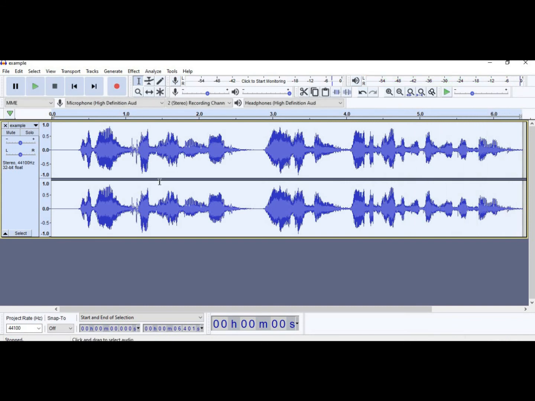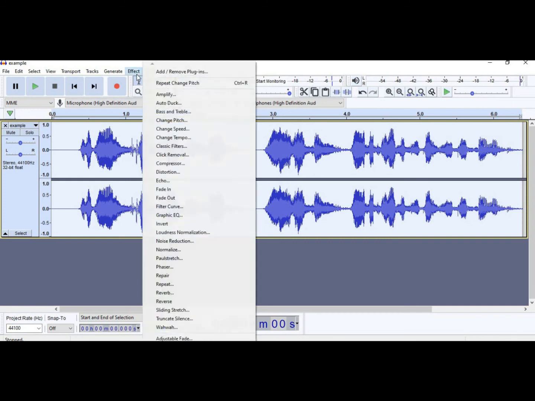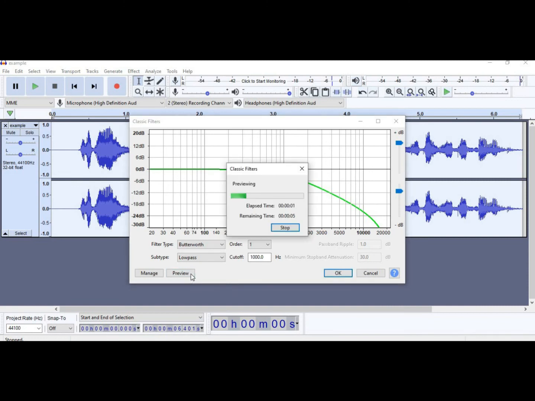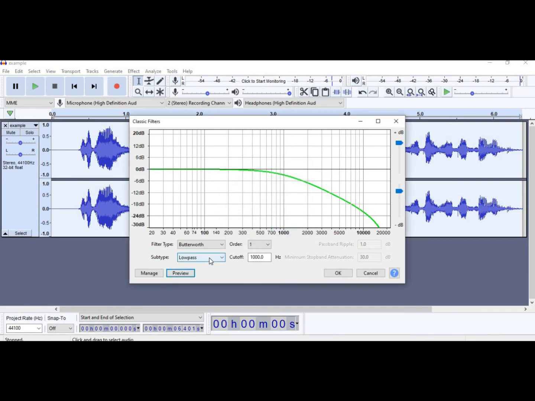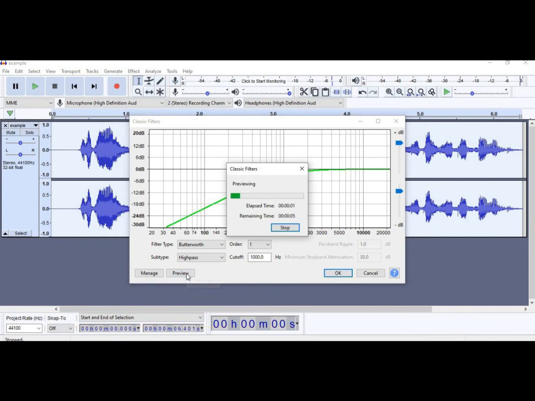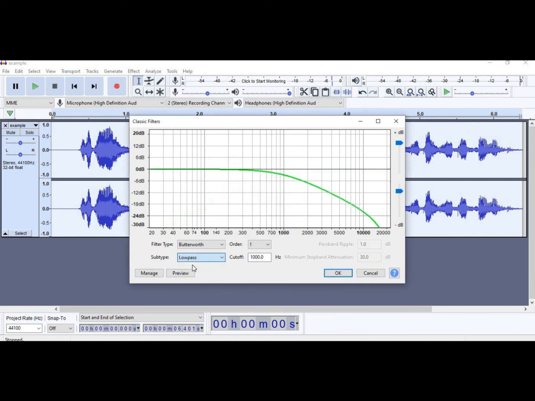Now I will tell you, if you want to add any filter to your voice, then you can do it. So go to effect again, go to classic filter, then from here you can add your filter. If I play the voice from preview. If I click on high pass, then now hear the voice. Guys, it's changed. I will go back to low pass, and